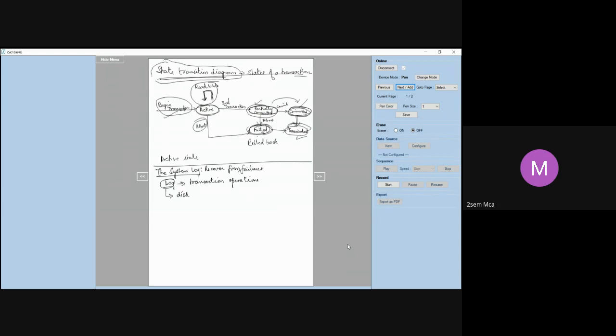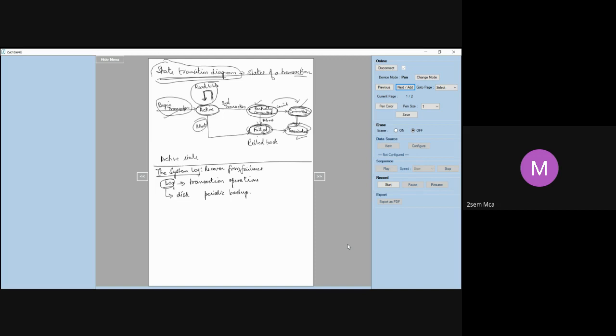And the log is periodically backed up. That means you are going to take periodic backups and store them, so that you know what has happened from some point in time. If you want to recover up to that point, or roll back up to that point, then you can refer to the log and do the necessary operations.